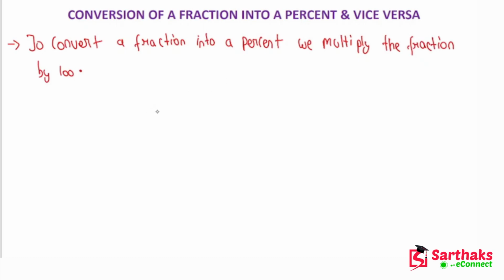Why do we multiply the fraction by 100? Because for converting percent to a fraction, it was divided by 100. I'll tell you how. Multiply the fraction by 100 and put the percent sign,